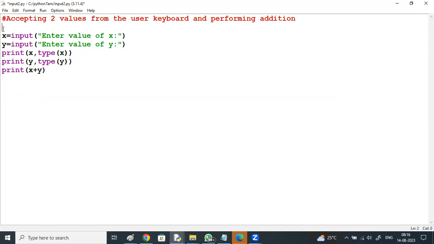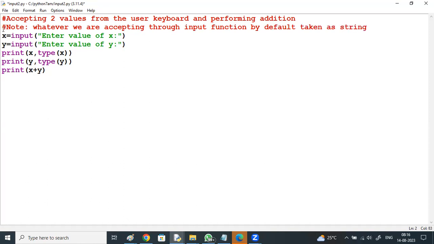So I'm writing a note for your understanding. Whatever we are accepting through the input function is by default taken as string, and later